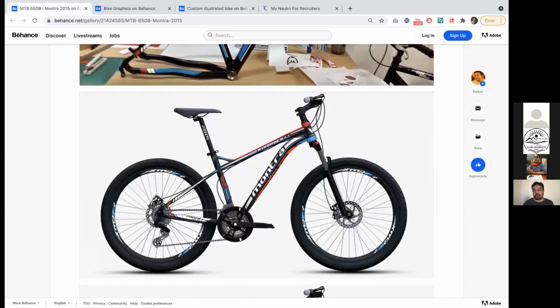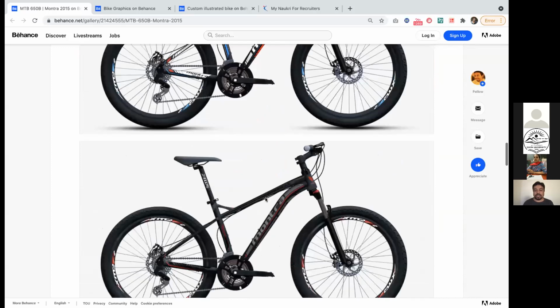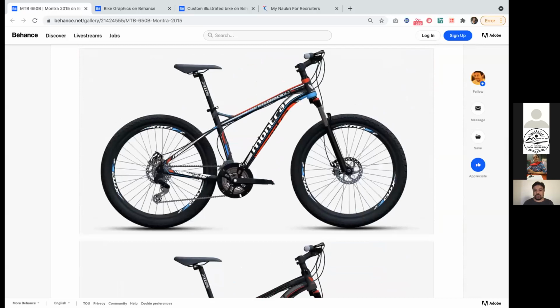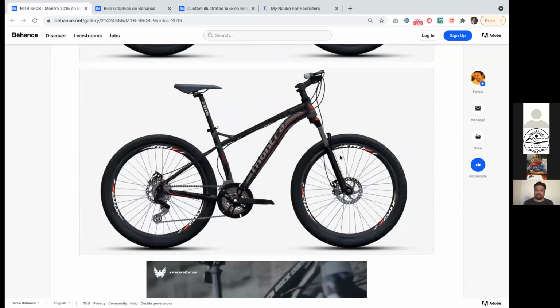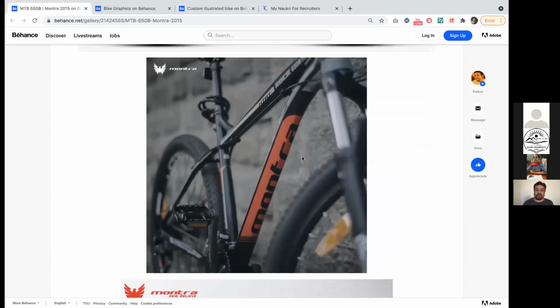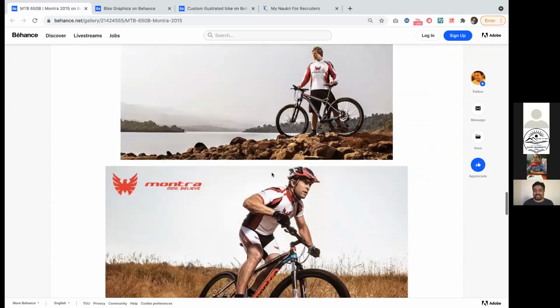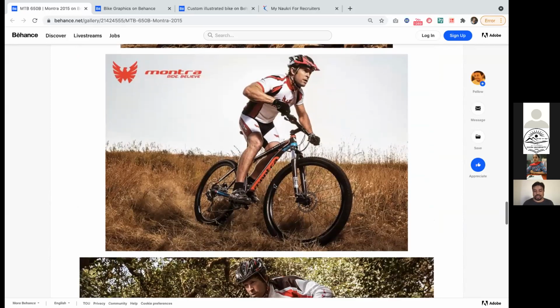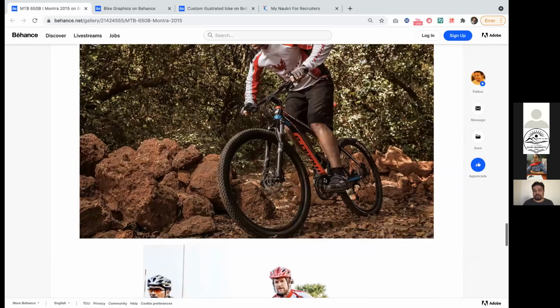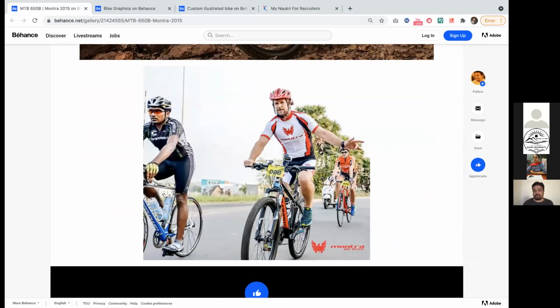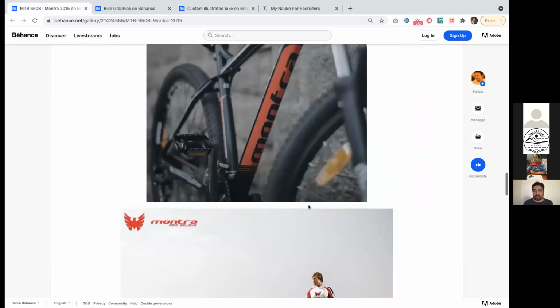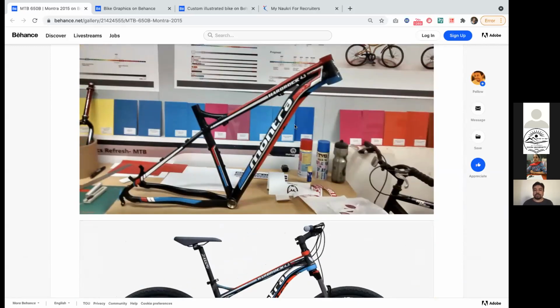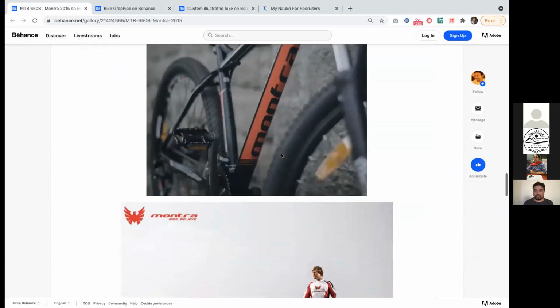But when a photographer mounts himself in a competition, or when the cycle participates in a competition, it's always visible from below. So this was more for the north segment. This was more subtle and flamboyant for the south segment. And when the actual photography happened, the branding was only visible from below, because every photographer clicked it from below. That's when they realized how important the branding below was. But definitely, when someone goes to the store to buy, they see the branding from here, not below. So that was one of the things.